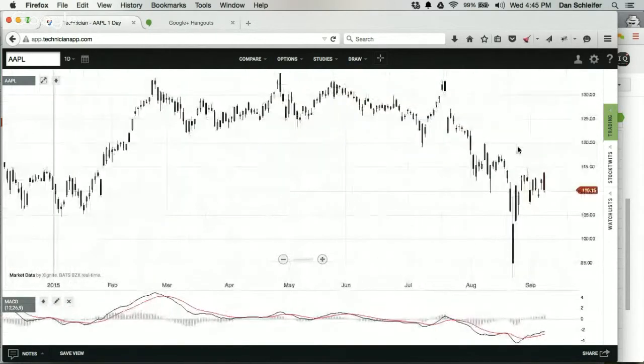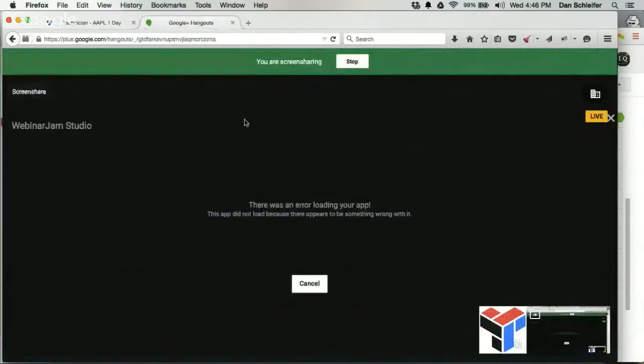The other screen configuration thing I want to show you guys is the ability to change the overall look of the charts themselves. And you can actually go through and,